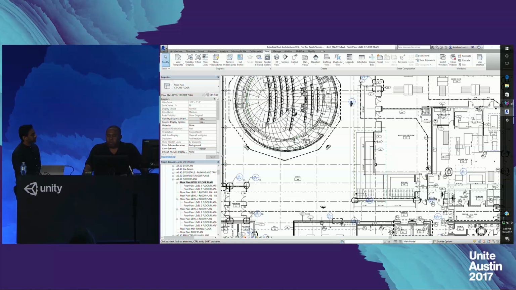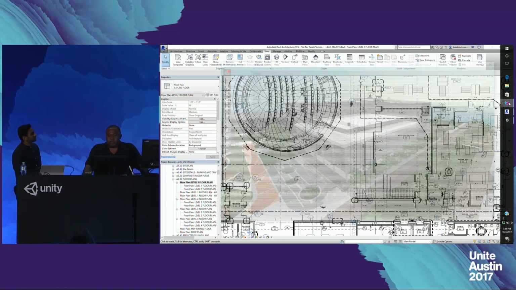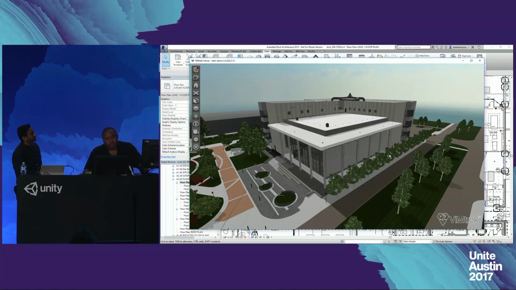So through our process, which involves basically the submitting of the Revit file to our portal, which converts the Revit file into what you see here. Now, this conversion happens in a matter of minutes. This actually took about 20 minutes. So what we're allowing architects to do is leverage the geometry that they're already creating to take a shortcut to VR, so that VR is part of their everyday workflow. So it's as easy for them to print something to VR as it is for them to use a laser printer or a plotter in their practice.